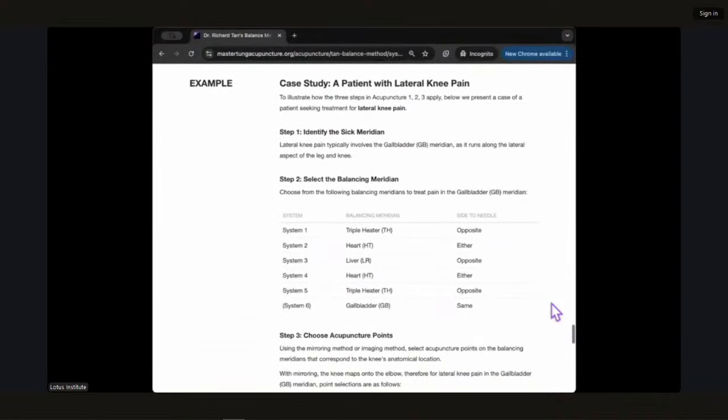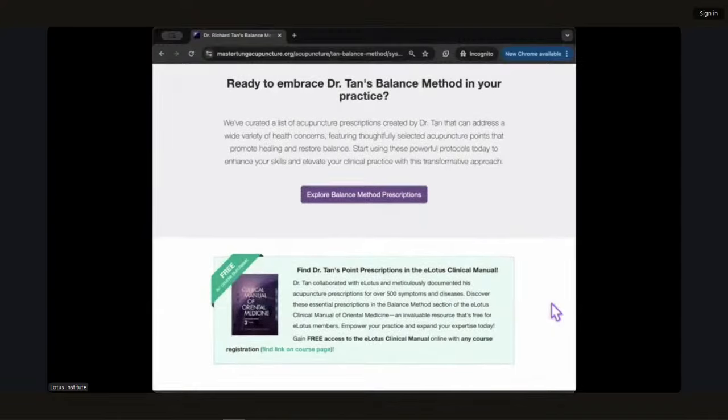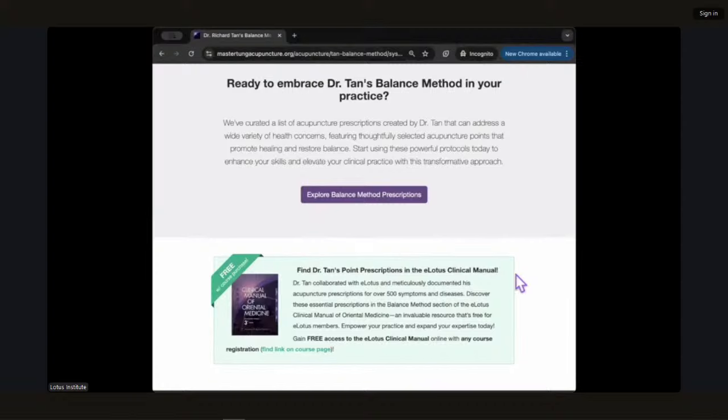At the end of the page, you'll also see that we included a case study for a patient with lateral knee pain. If you scroll down a little further, you can also enter the $1 million combos page here. And of course, beneath that, you can see that any course purchased or accessed through our webinar weekdays provides access to our clinical manual with the top 100 protocols for the top 100 of the most common disorders you see in the clinic, all created by Dr. Tan himself. The login information can be found on the blue course access pages of your active courses.